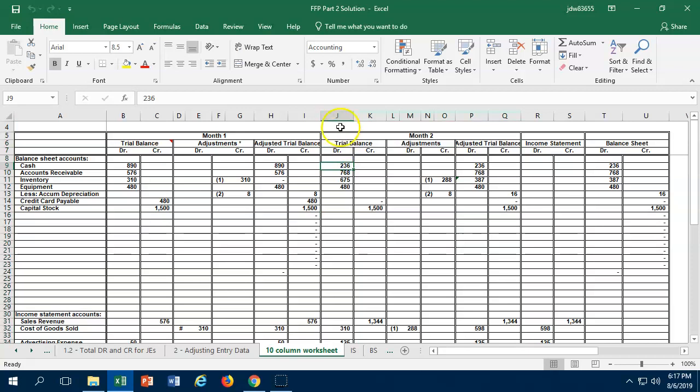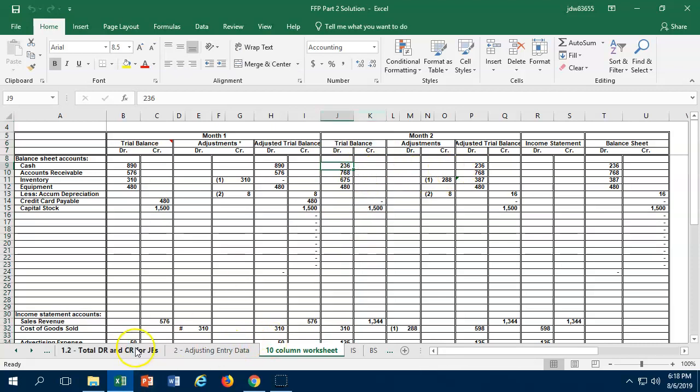So this J and K represents the updated October and November